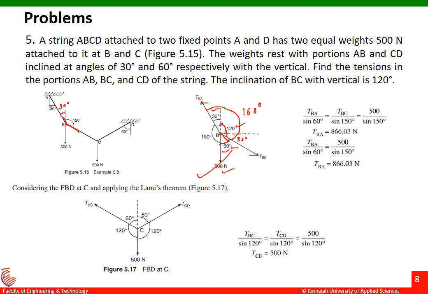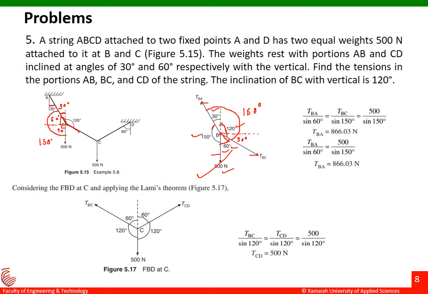Next thing, we have to find out the angle between TBA and then 500 Newton over there. Fine. Now what I'll do here is I'll just draw a line like this. If this is my 30 degrees, this is my 60 degrees over. If this is 60 degrees, this will be 90 degrees. The total angle made by this and this would be 60 plus 90, it is 150 degrees. Same thing is written over here. Now we found out the angle made by the forces there.